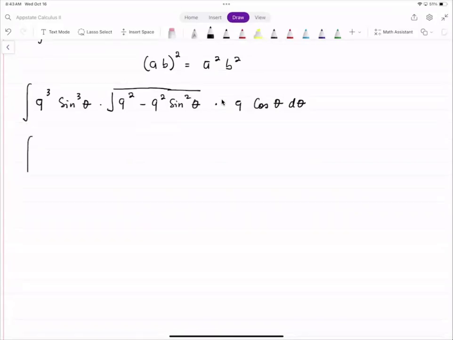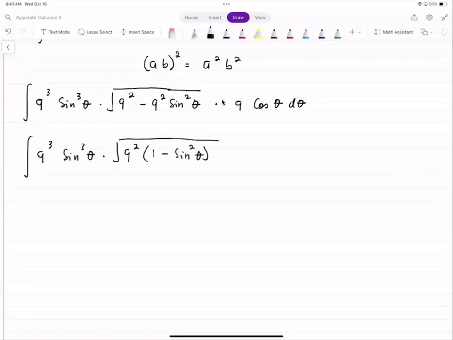So now this gives us 9 cubed sine cubed theta times the square root. Now you can see 9 squared is common. I bring the 9 squared here, 1 minus sine squared theta here, times 9 cos theta d theta. So now I have 9 cubed